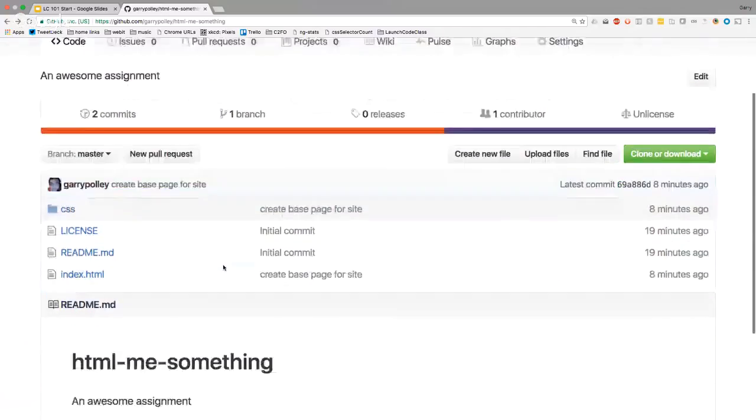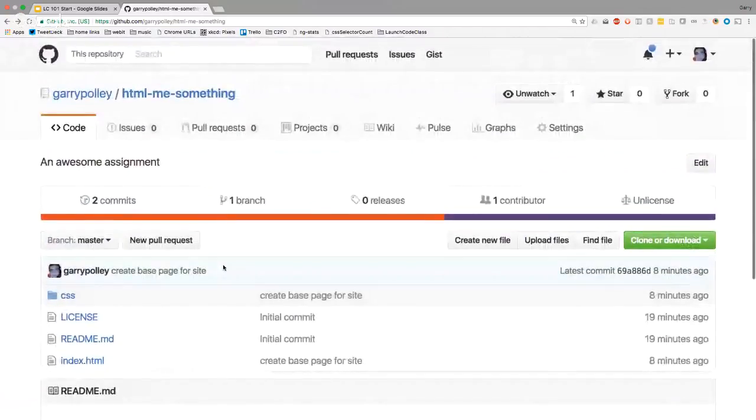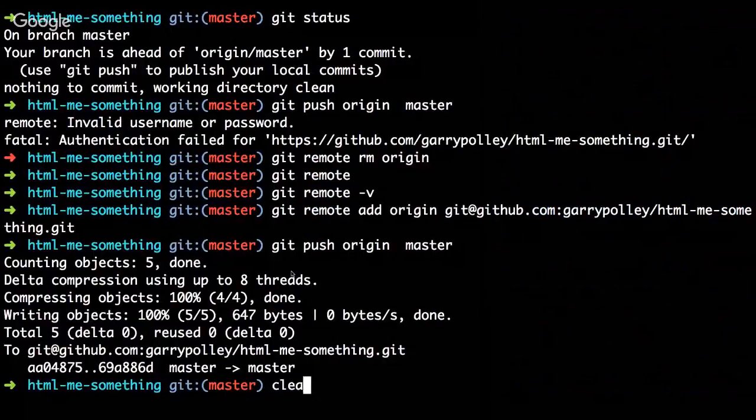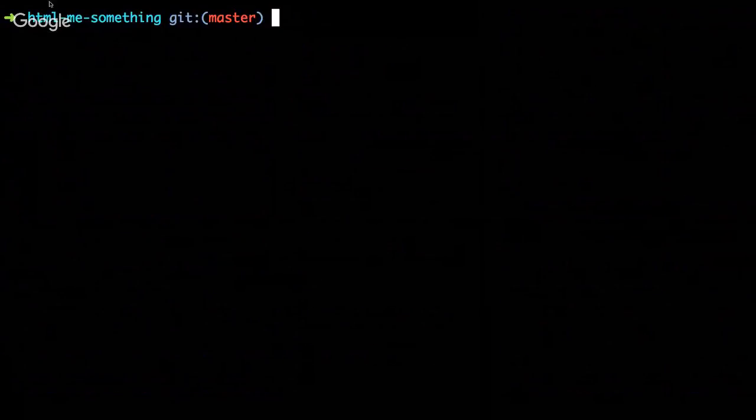What doesn't exist currently is that GH Pages branch. And that is because I have not made one. What the GH Pages branch allows you to do is host a static site very easily if you just have an index.html at the root folder of your repository. And a very easy way to get a GH Pages branch up and working,